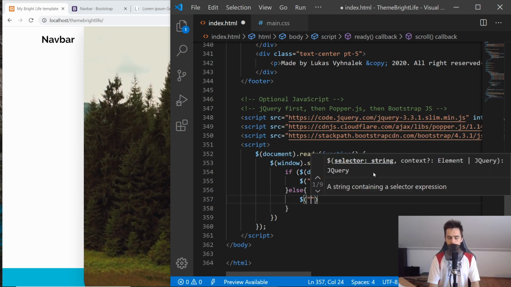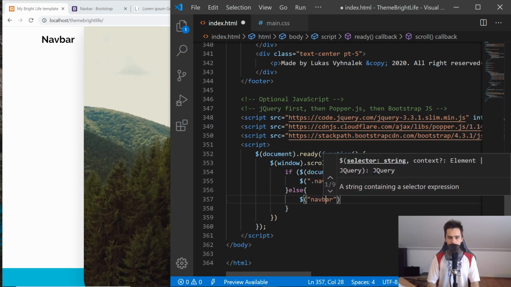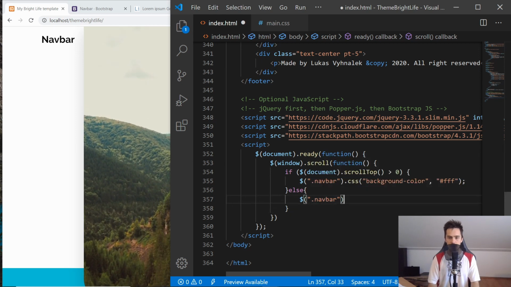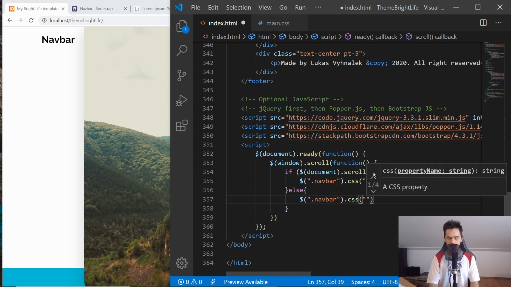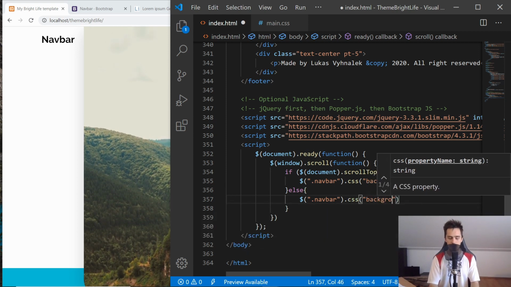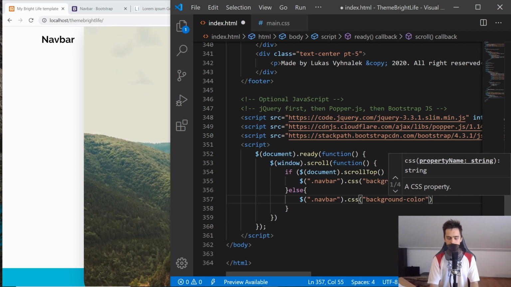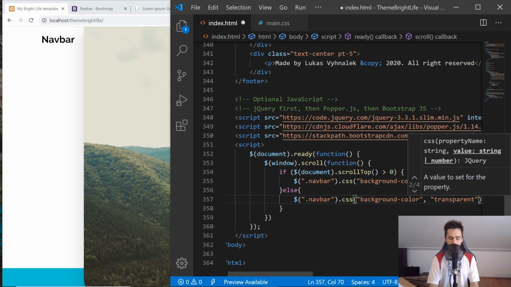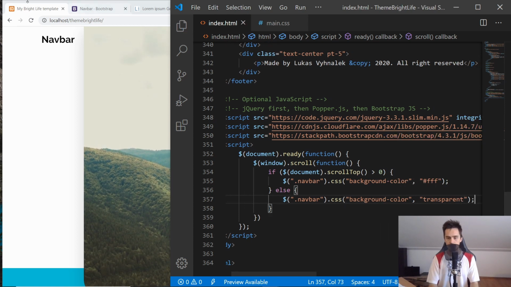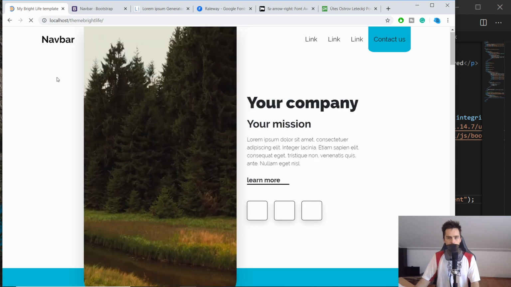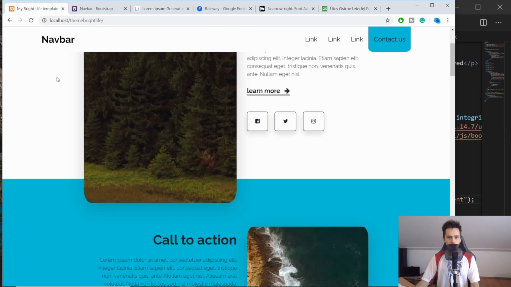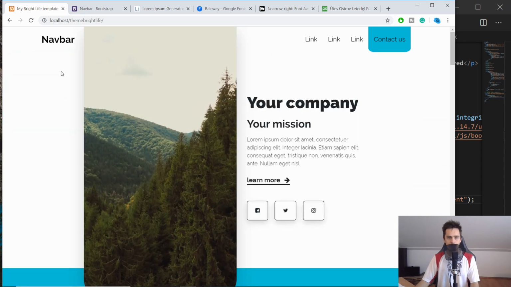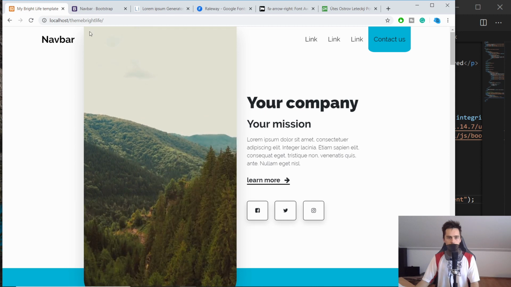Okay, so inside here I will type the navbar, sorry, there needs to be a class, so .navbar, and we want to target the CSS, and we once again want to change the background color. So background color, and let's change it to transparent this time. And let's see whether that actually works. So if I reload the page, we should be able to, when we start, yeah, there it is. So nice, very nice. When we start scrolling, it gets white, but when we go back to top,